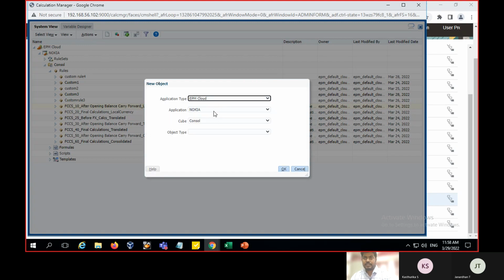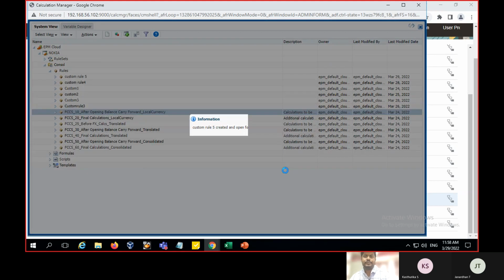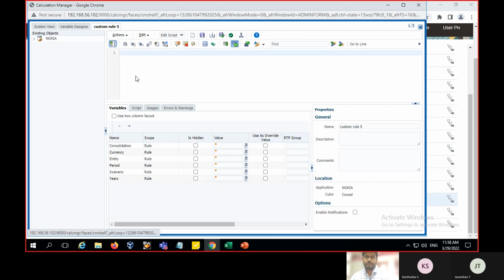Then select the EPM Cloud, Nokia and the console. Object type is rule. Rule name, I am giving custom rule 5. So likewise I am giving it and clicking save. It is ready for opening and editing. So likewise I am creating